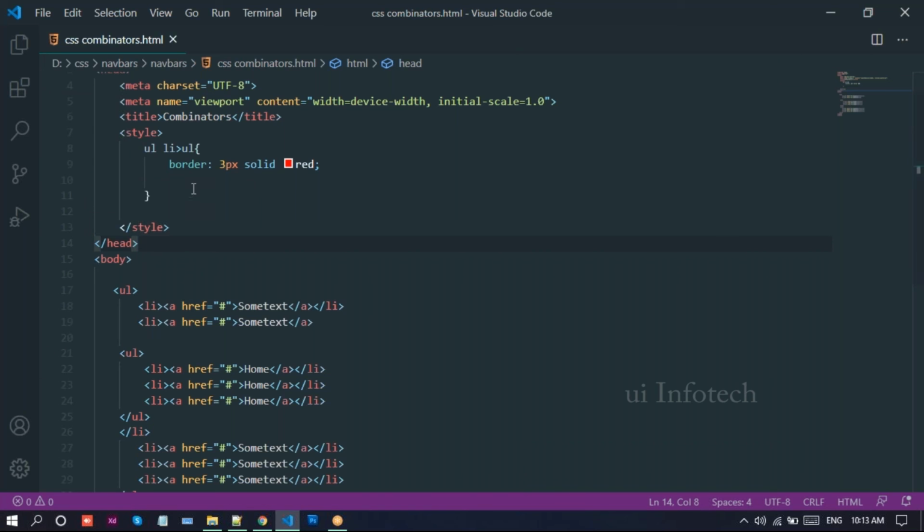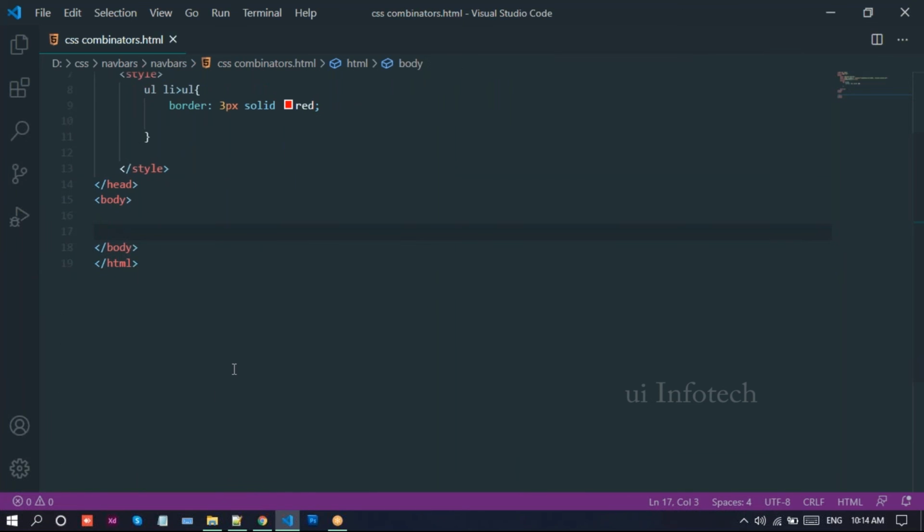Next one, we have this general sibling selector and adjacent sibling selector. So adjacent sibling selector is nothing but adjacent means it immediately follows, like it follows the next element that is there. It will apply CSS for this next element. Also here, I'll take this one. I'll just remove this. See, adjacent sibling selector is denoted with this plus, and general sibling selector is denoted with the tilde operator. I'll show this.